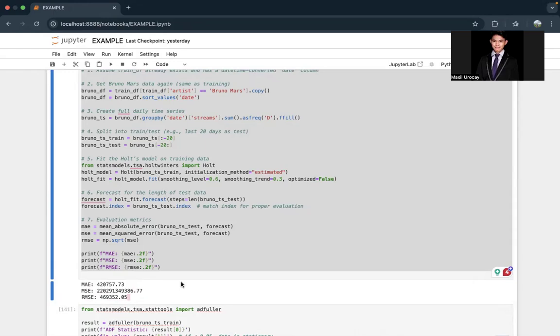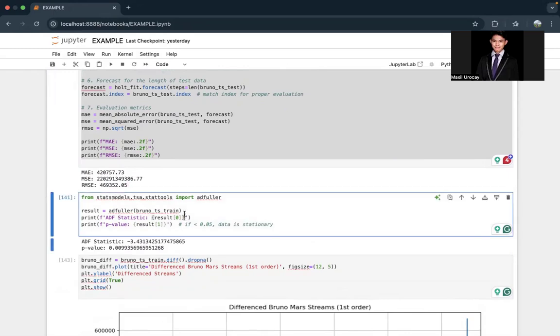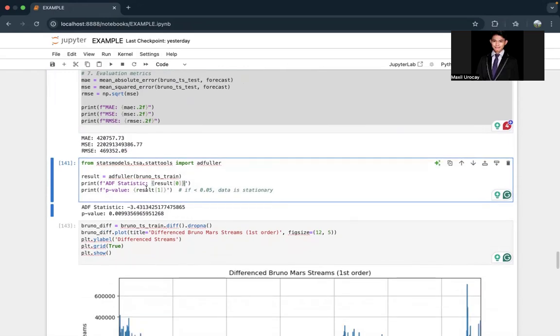You can make sure to check if your data set is stationary. I've shown that here. If your p-value is greater than 0.05, the data is not stationary. Your ADF right now is -3, so it is somewhat stationary.